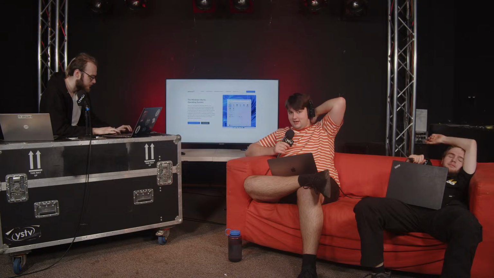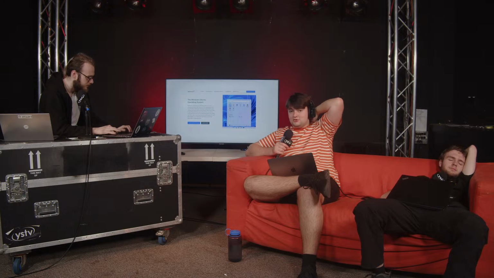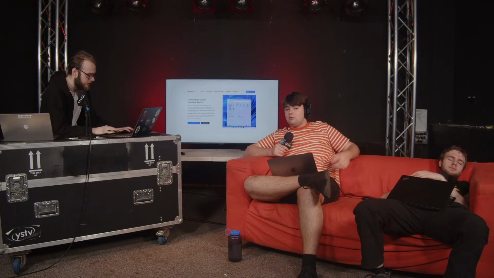If their definition of getting the Office suite to work is using the Android apps, I feel sorry for anyone that wants to use this. Just install LibreOffice. It does the same thing. Genuinely, LibreOffice is great. It's a better option at this point. It's probably even a better option on Windows as well, to be honest.